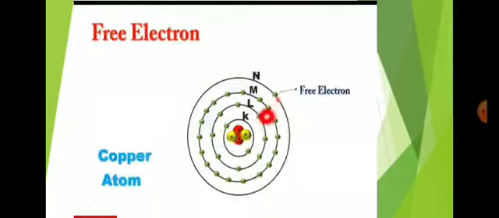These free electrons are at a larger distance from the center of the core, and they are free to move. Electrons at a smaller distance are strongly bound. But electrons at a larger distance are not bound strongly, so they are free to move. This valence electron is known as free electron. This is the basic concept of free electrons.